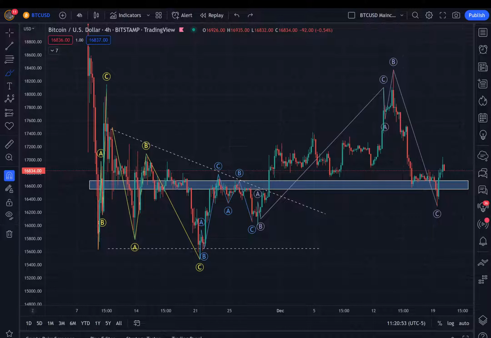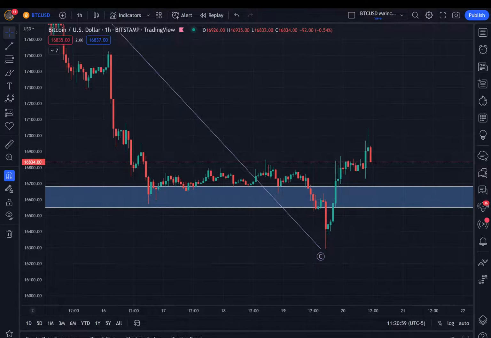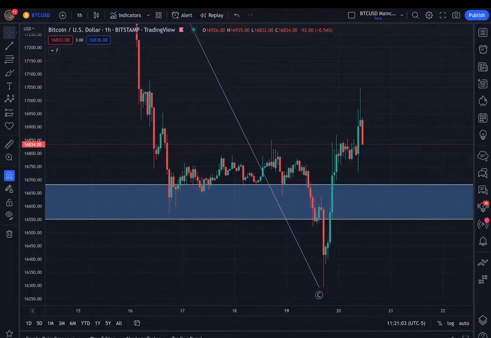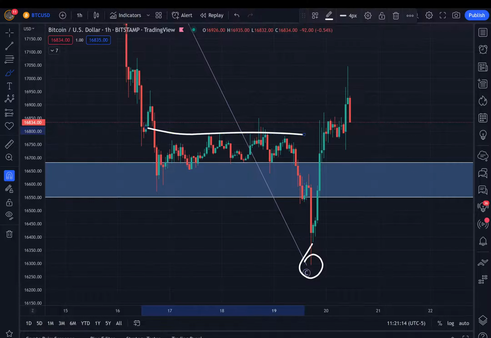So let's go on the smaller time frames before we go into other assets. So now we're on the hourly time frame. And what do we have here? Okay? Another reason that this is very promising, okay, is that you've made a higher high, okay? And this is something that I'm going to point out